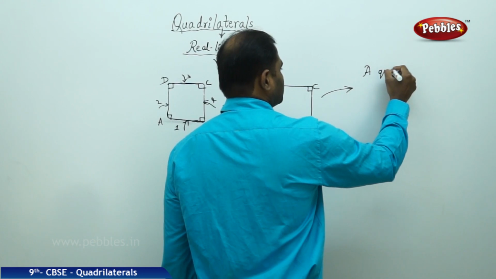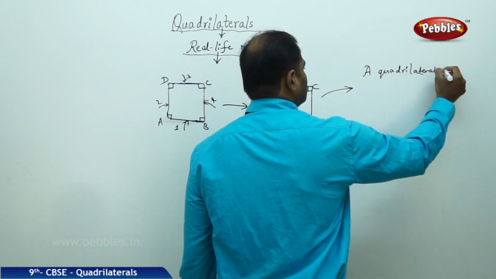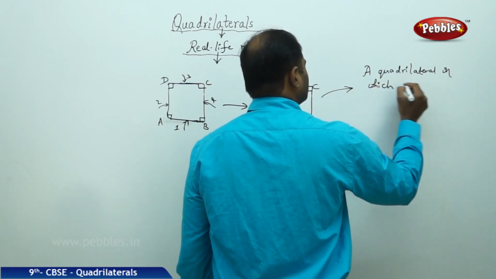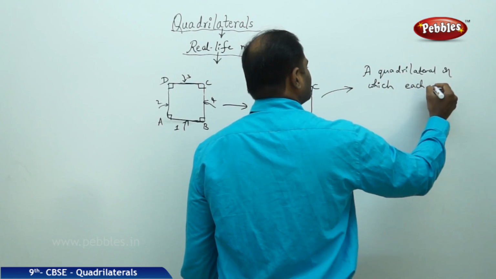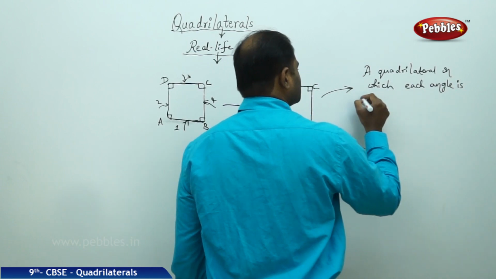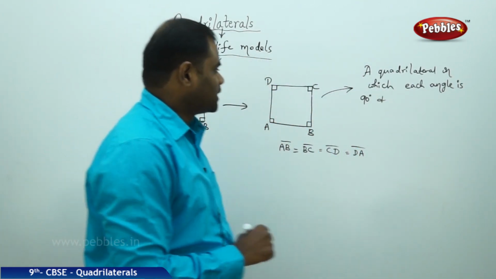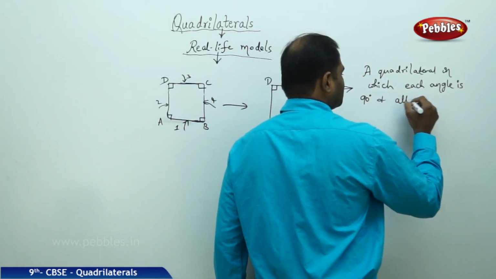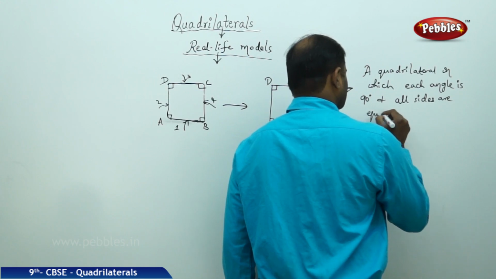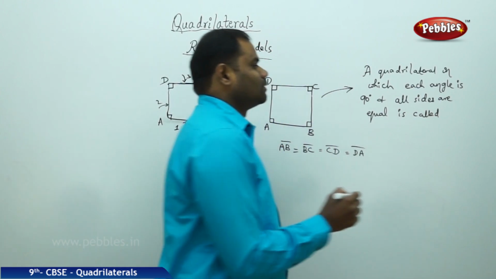A quadrilateral in which each angle is 90 degrees and all sides are equal is called